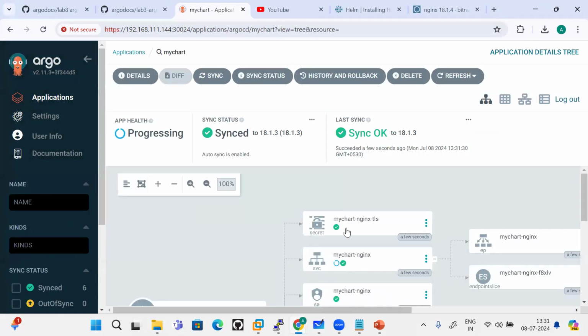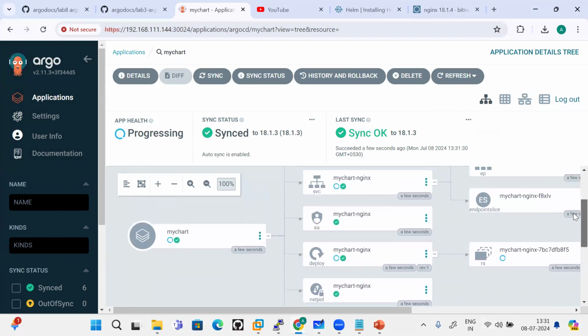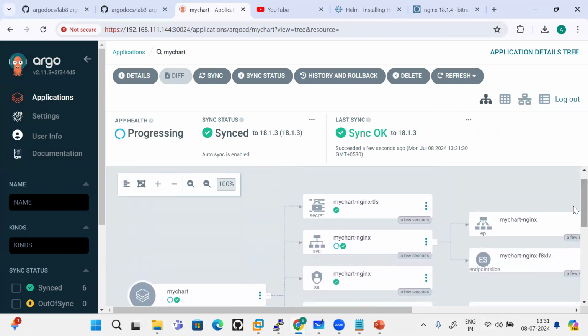Now it is provisioning the things. See my chart, this thing is there. All these things are automatically coming up and provisioning. Okay. So this is the way we can map a Helm repository as a source URL in the application CRD. Now, if I want the Helm chart to come from the Helm repository, and the values.yaml